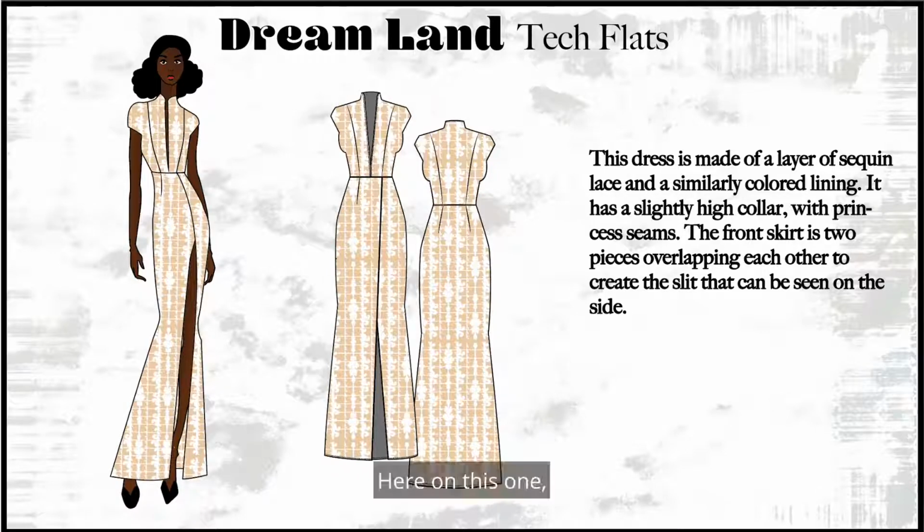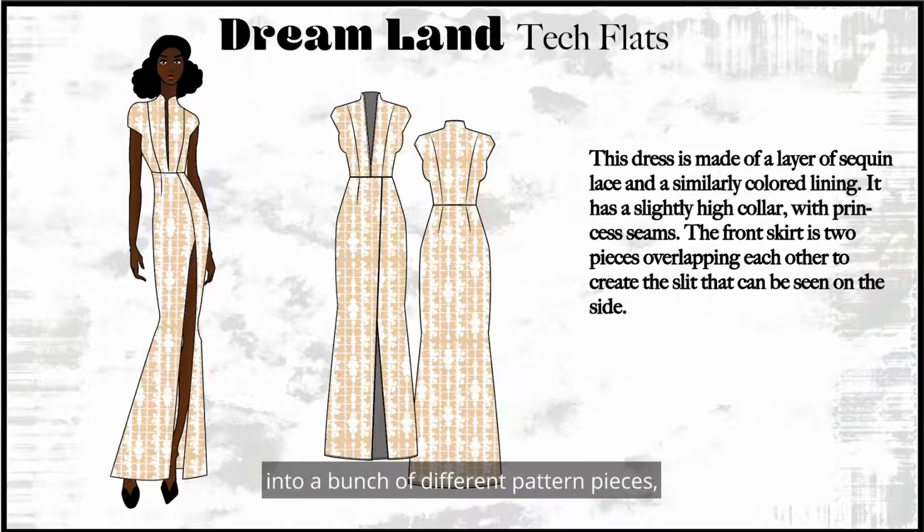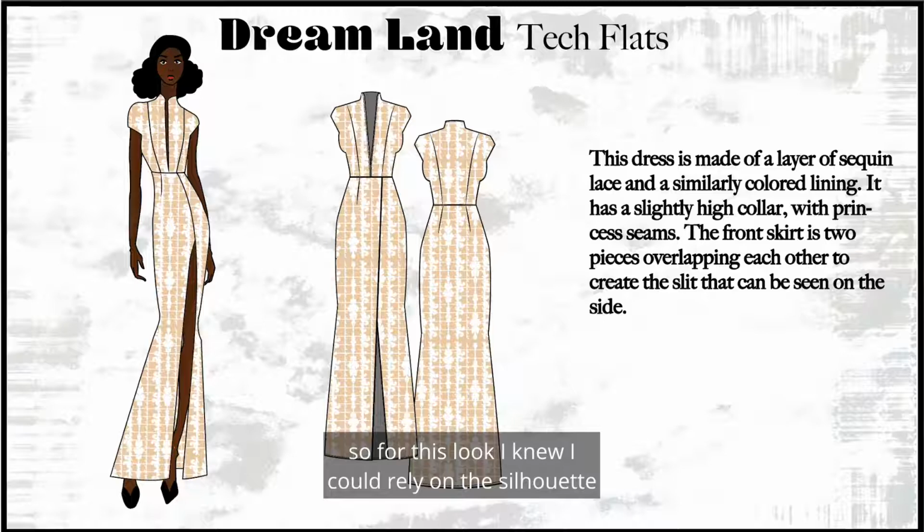Here on this one, you see the second lace gown. Even before I knew what to design, I had the fabric for this look. And I knew I didn't want to break the lace pattern into a bunch of different pattern pieces. So for this look, I knew I could rely on the silhouette and the fabric itself to really